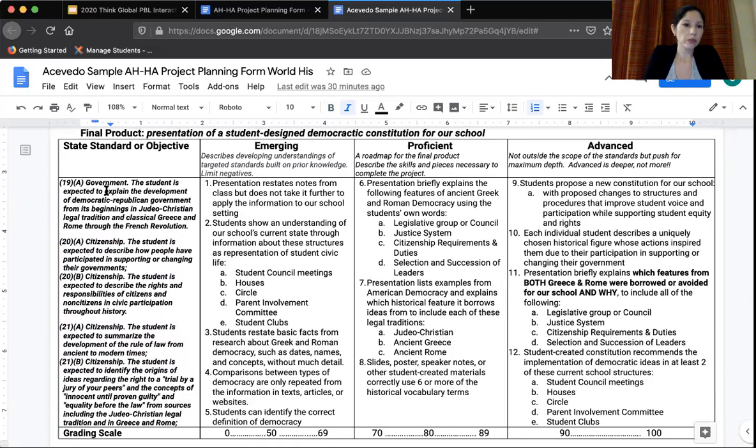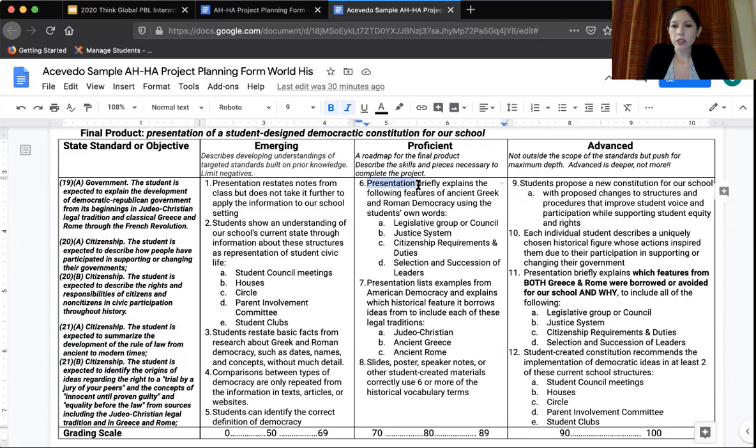So my students will have to explain this development. They'll have to describe what different people have done in the past. They'll have to describe what rights and responsibilities citizens versus non-citizens would have. They have to summarize that development of that rule of law and how it's developed throughout history, and they have to identify the origins of these ideas. And so